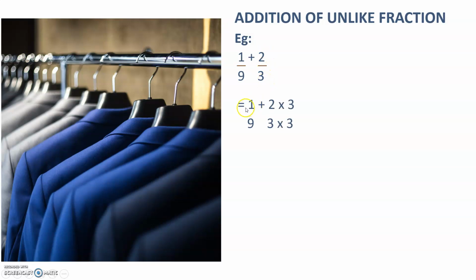So let's see, is equal to 1 upon 9 plus 2 into 3 upon 3 into 3, which gives you 1 upon 9 plus 6 upon 9. How we got 6? So 1 upon 9 is as it is. 6 is 2 3s are 6 and 3 3s are 9. Now we got the denominators equal. Now we'll make it 1 plus 6 upon 9, which gives you 7 upon 9.